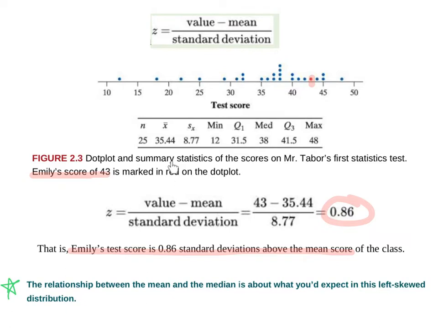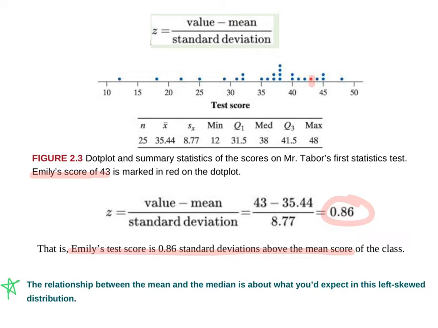First of all, the mean is about 35.44 out of 50. So we take that value, which is 43, subtract that mean, 35.44, divide by the standard deviation, which is 8.77. So that is 0.86. That means that Emily's test score is less than 1, but almost 1, 0.86 standard deviations away from the mean